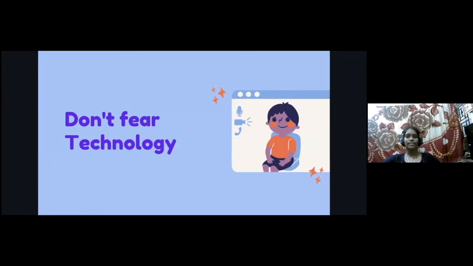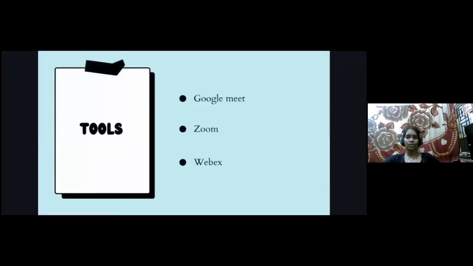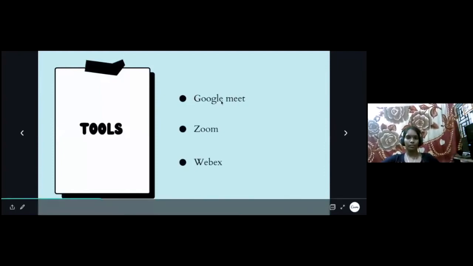Like English grammar, there are a few basic grammar and syntax rules with technology. Everything is the same, and when you start learning with one tool, you get adapted to all the tools. We have Google Meet, Zoom, and WebEx. We have different platforms to reach out to kids to teach them online, and all of them share the same features. You can turn your mic and video on and off, and in Zoom you have the same options.